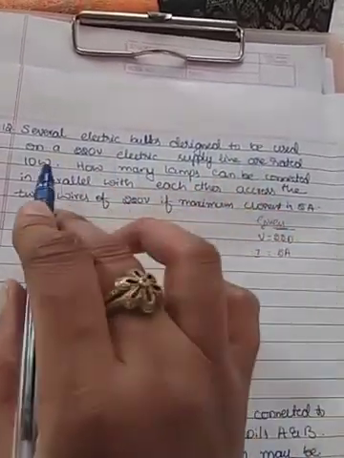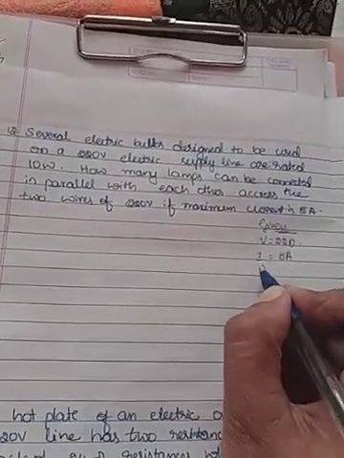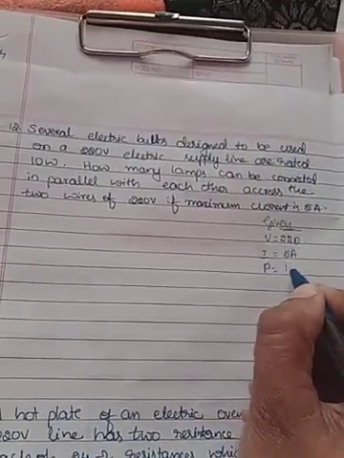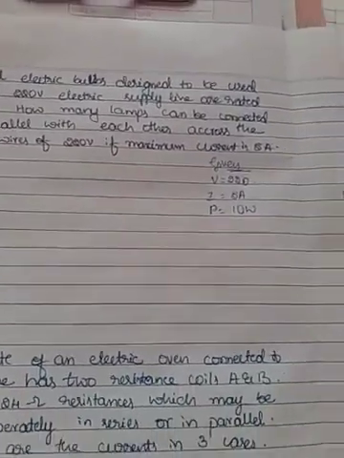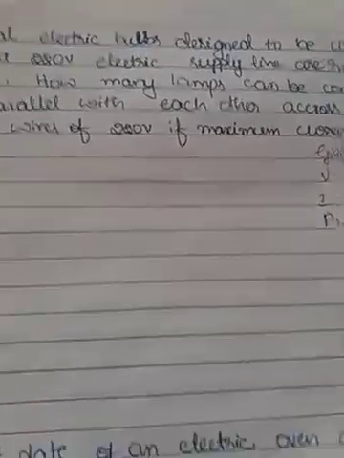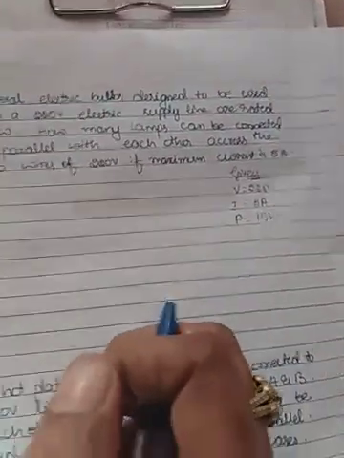And also the rated power of each lamp is 10 watt, that is nothing but power only, because the SI unit of power is the watt. P is given, that is 10 watt. Watt is the SI unit of power. So we know that